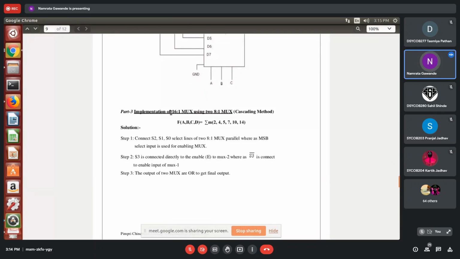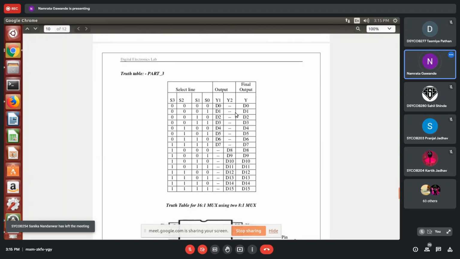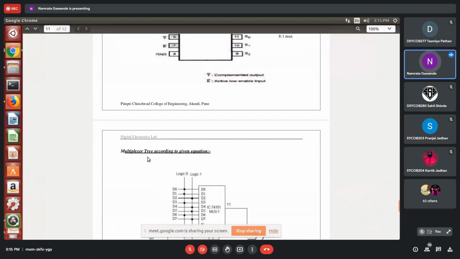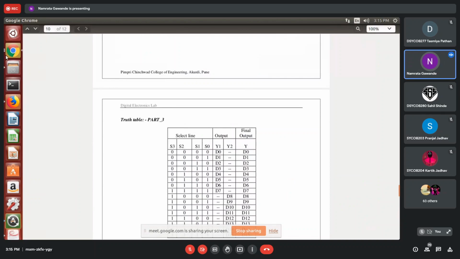You can just explore this and try to implement this. It is optional to have this cascading method. You should know compulsorily how an 8:1 mux is used and the reduction technique. For the cascading, if you want, you can just implement it. It's not compulsory to implement, but you have to write it in the write-up. So this is one assignment, assignment number 5.